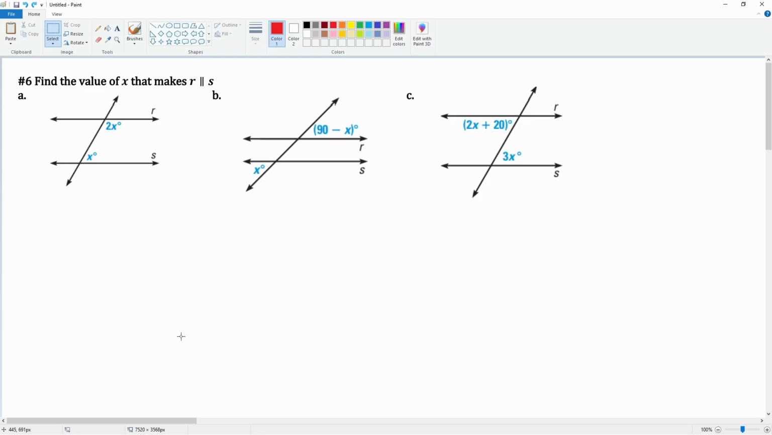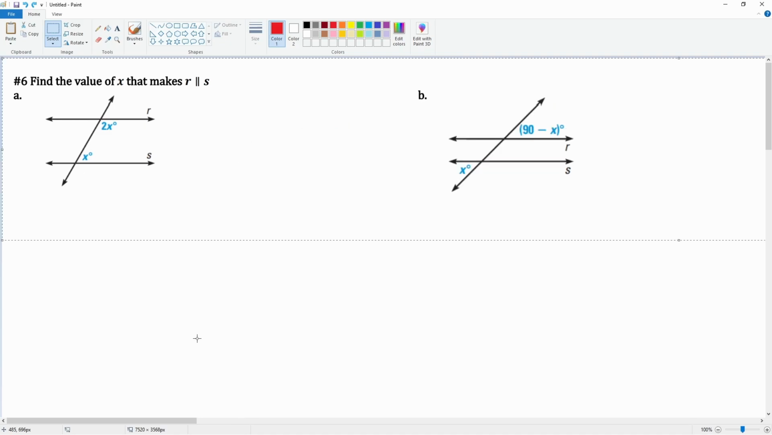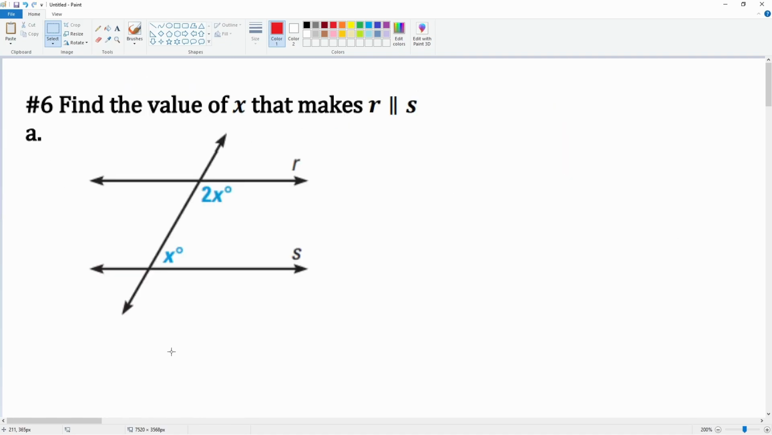Problem 6 asks us to find the value of x that makes line R parallel to S. That symbol means parallel. So you're going to be using the converse theorems here. All right, let's take a look at